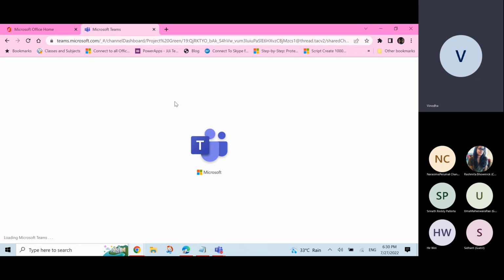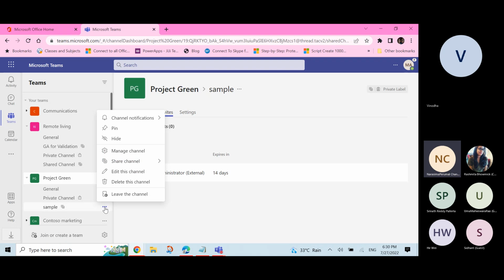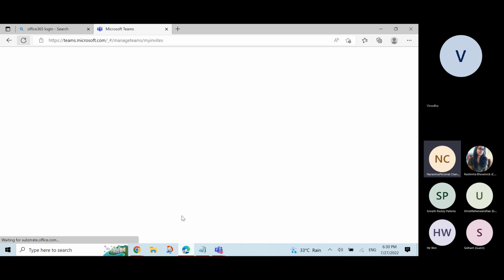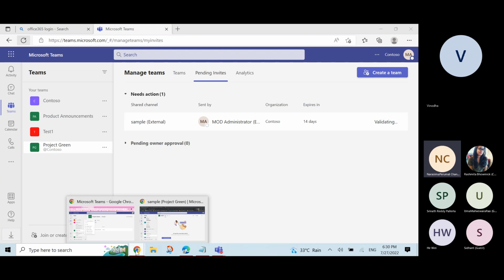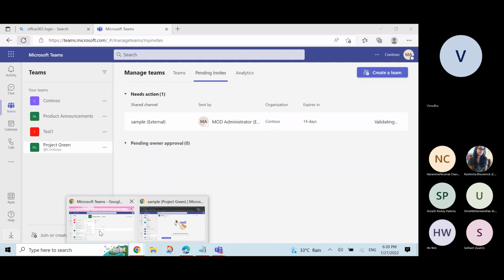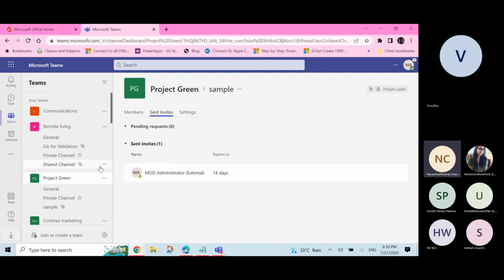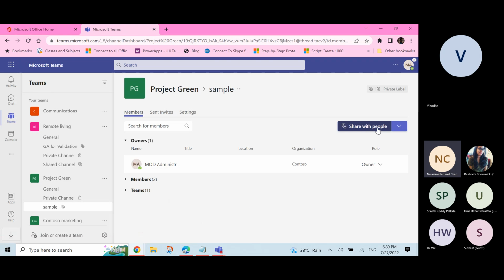Let's wait a minute. Actually, adding a shared channel, when you are sharing the shared channel with an entire team, it is a three-step process. First, you are sharing a shared channel to the team owner. The team owner will decide to which team the shared channel needs to get attached. So he will be deciding the team, and once he has accepted the invite and selected the required team, again